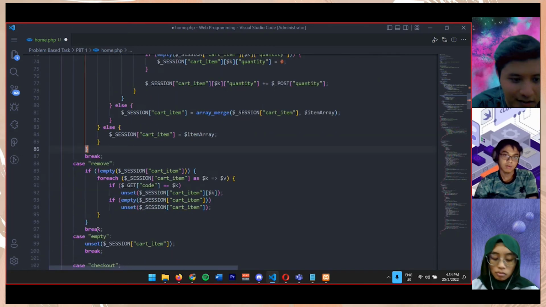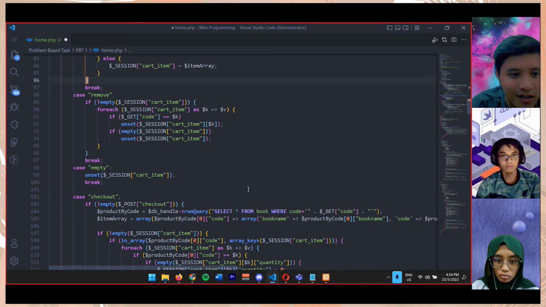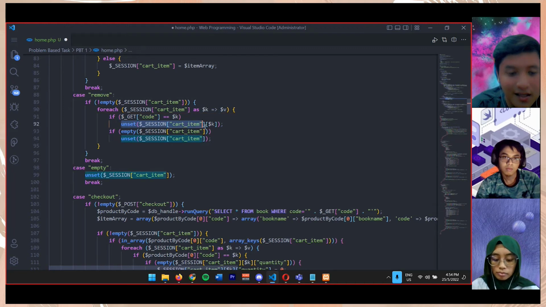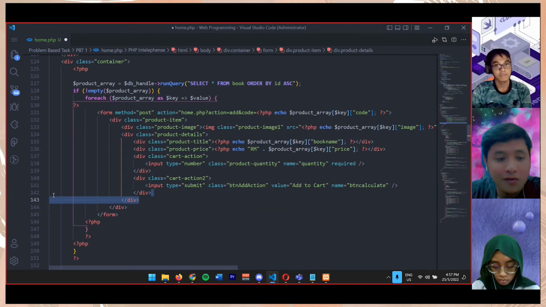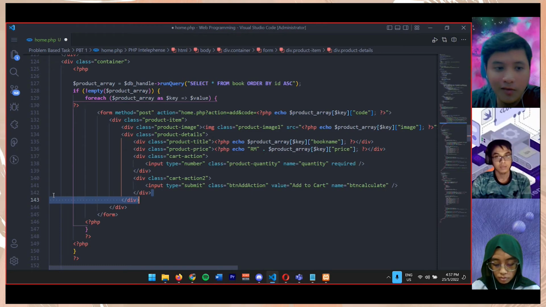For the next case, which is remove, so basically here, if item is not empty, when user click remove button, it will get the code, and then it will unset the card item. So for the next case, which is empty, if the card is empty, it will just unset the card item session. Next, we declare a variable product array, and then we call the class and the function run query, and